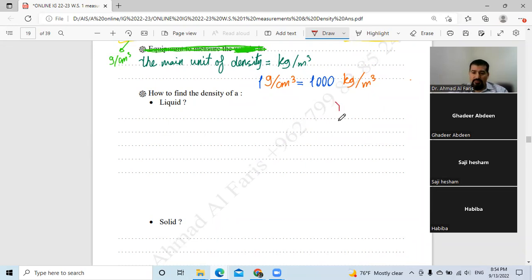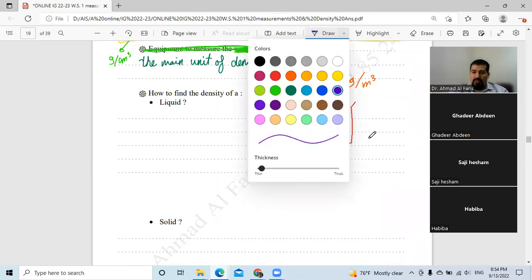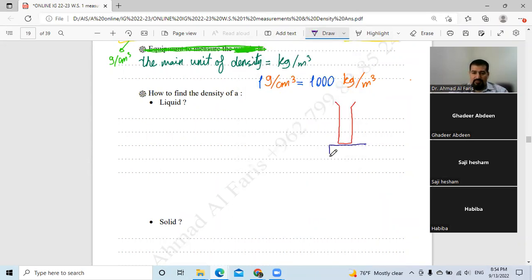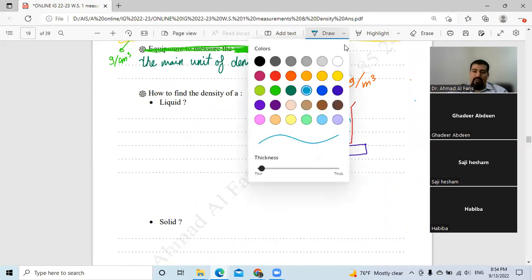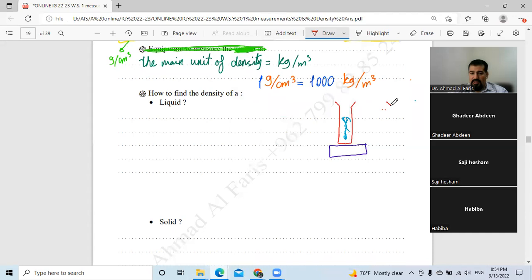We need a measuring cylinder. And this measuring cylinder, I put it above a balance scale. And this measuring cylinder is empty. Now, I fill the same measuring cylinder with water